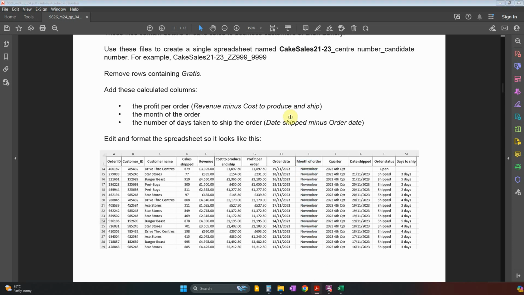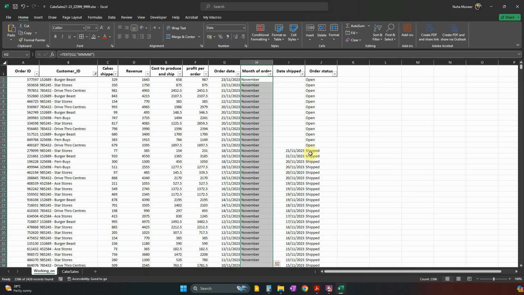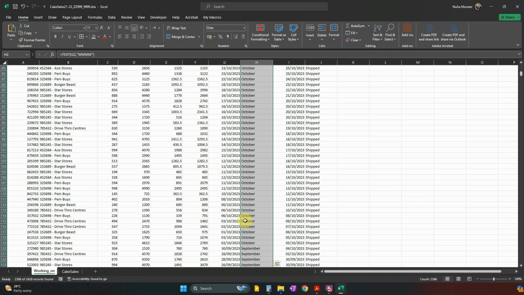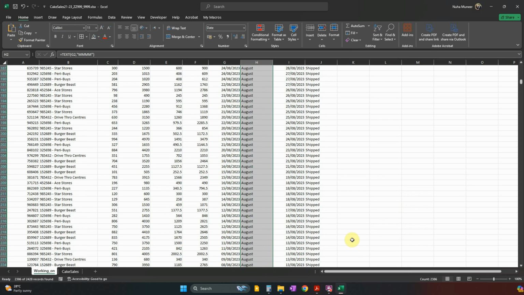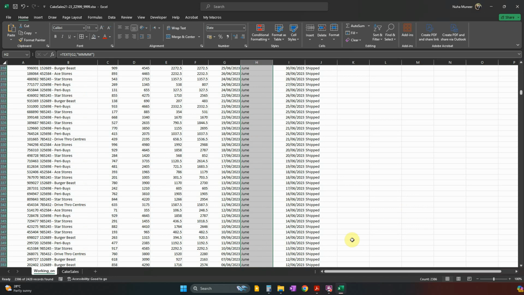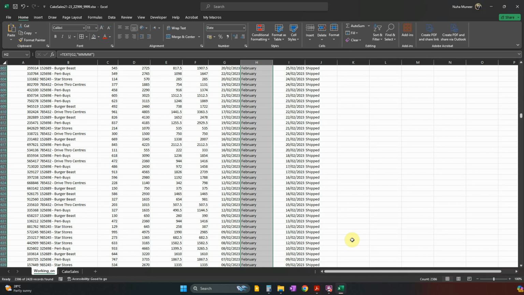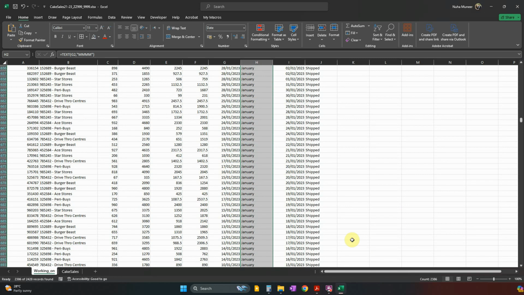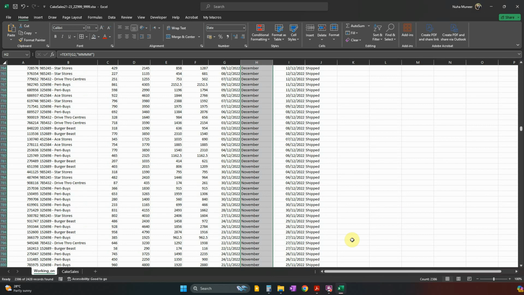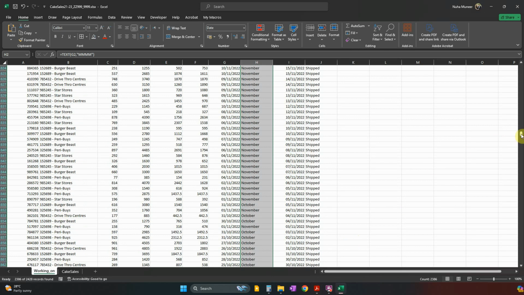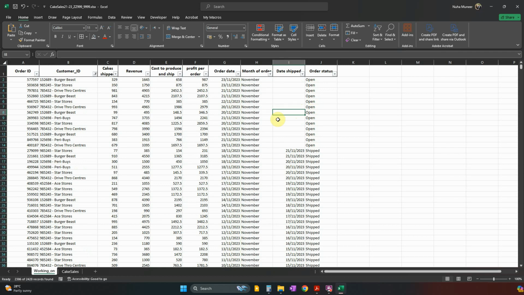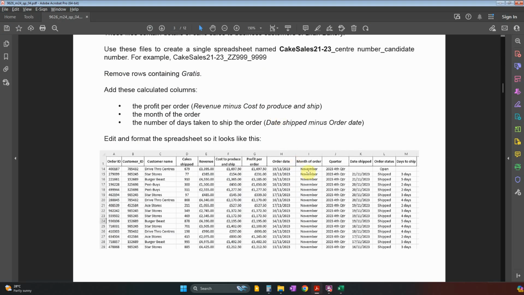As you can see over here, let me replicate it. October correct, September correct, August, July, June, May, April, March, Feb, and January, December also. Okay, from all the previous years it's working correctly. What else? Okay, the number of days taken to ship the order, number of days over here, number of days